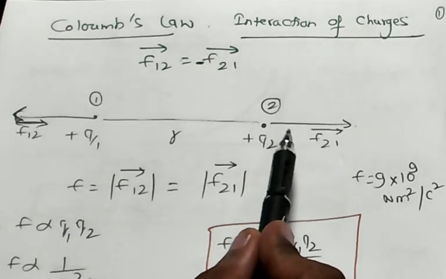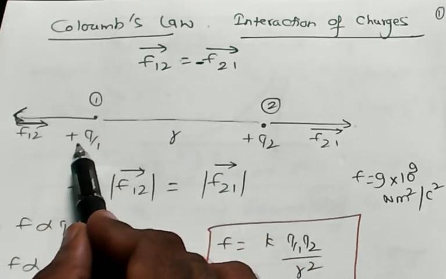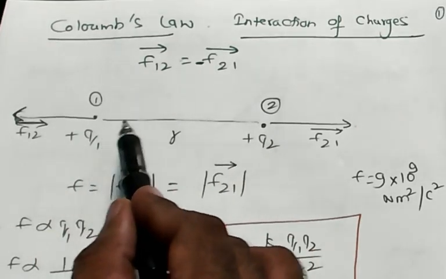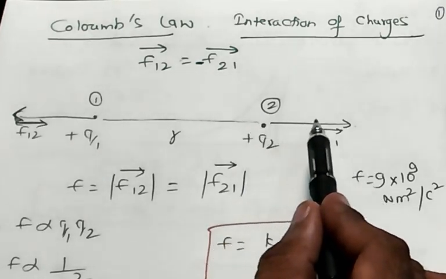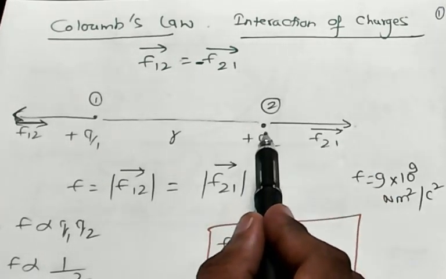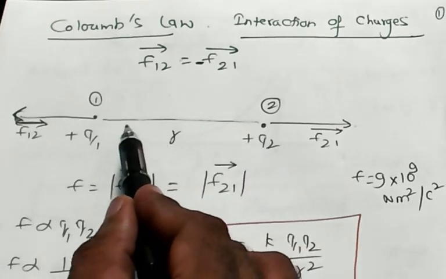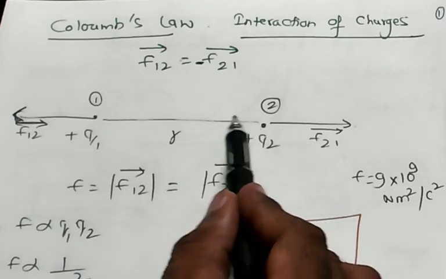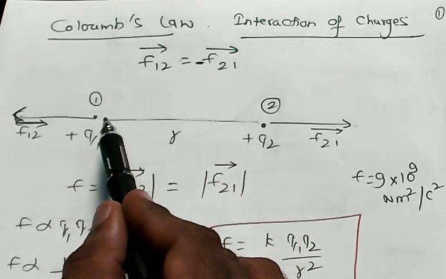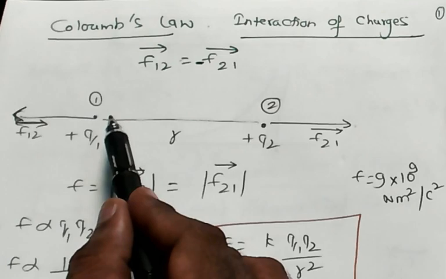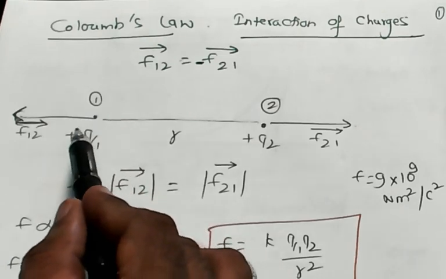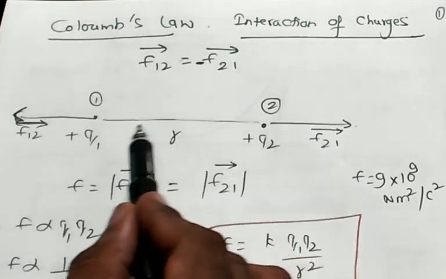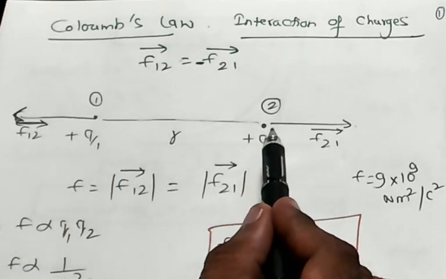charges? यहाँ Q1 है, let us say it is a positive charge. यहाँ Q2 है, this is a positive charge. So Q1 repels Q2 in this direction, whereas Q2 repels Q1 in this direction. So whenever it is repelling means it is saying, go away from me. That is called repulsion. So there is certain force with which this repulsion occurs when the Q1 is repelling the